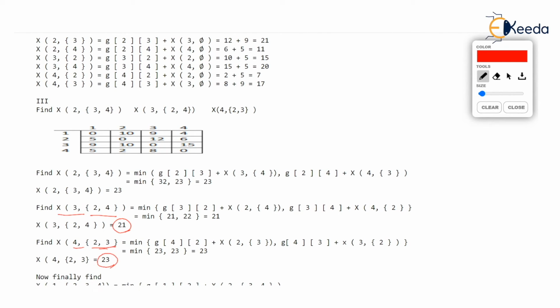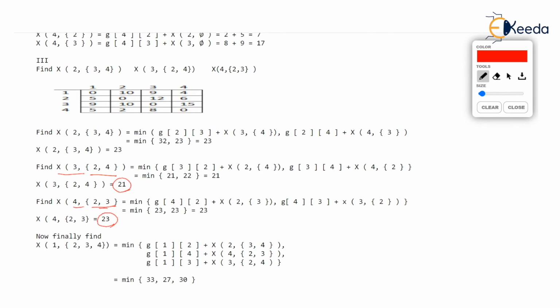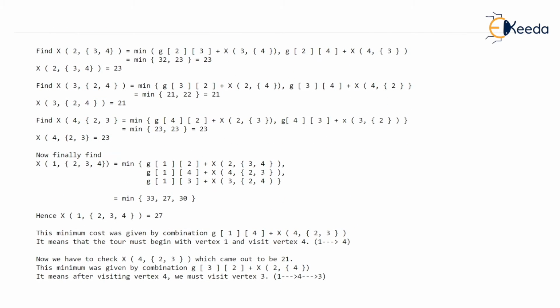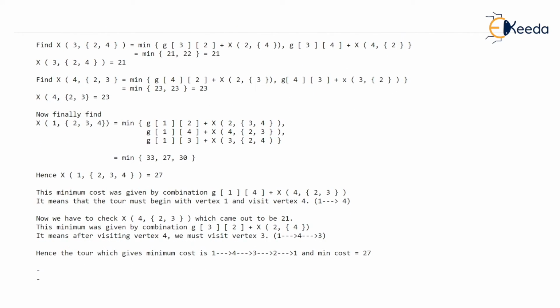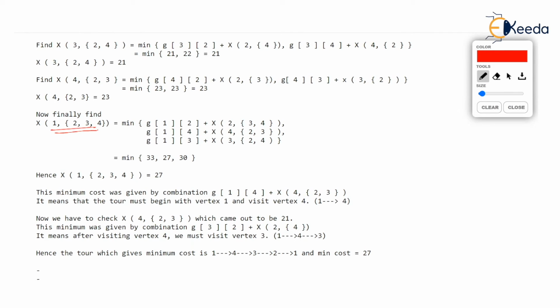Now the last step, the fourth step. Now finally we find only one value. Just check this. Finally, we have to find only one value. And now we will keep the cardinality of the set S as 3. So there are going to be 3 elements in our set S. And we will keep vertex I as 1. 1 is our home source vertex, isn't it? Now you tell me, if 1 is there in this set, what can be there in S set? Keeping the cardinality as 3, it can be 2, 3, 4. And remember, 1 is always there in this set.